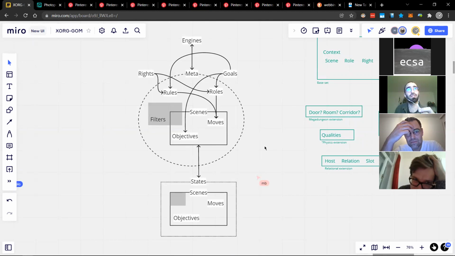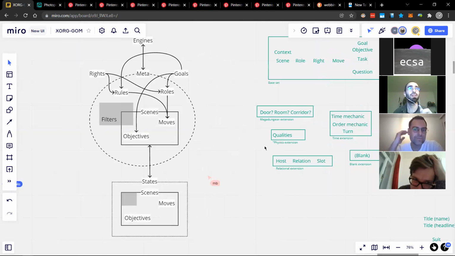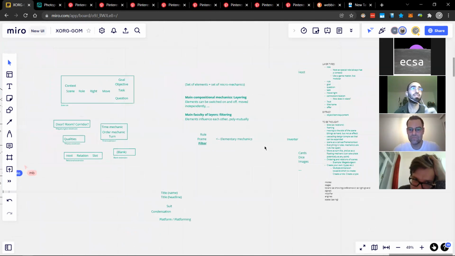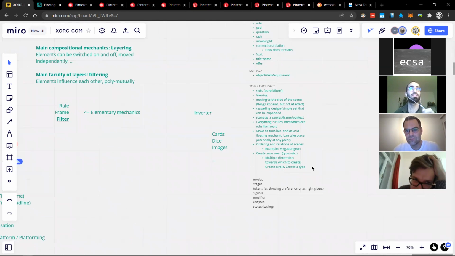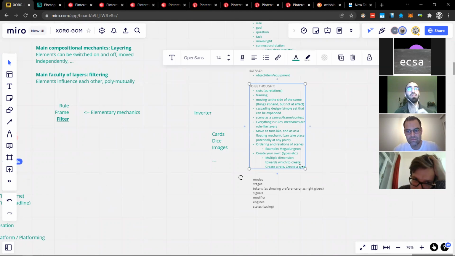Inside of the meta, the rights manifest as rules and roles. And then inside of the meta, there are scenes. The roles manifest as moves. The goals manifest as objectives. There are filters that affect the perception of scenes, but also the perception of metas. And there are also states that save, in this case a saving state that saves current moments of a scene. You can plug it inside the meta, bring it in, pull it outside.